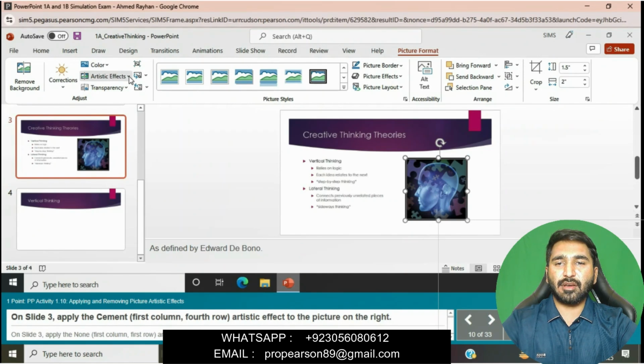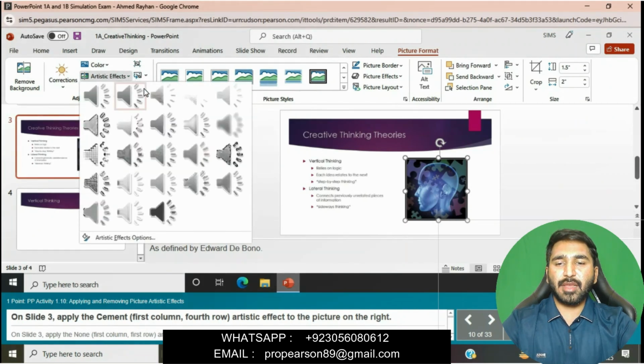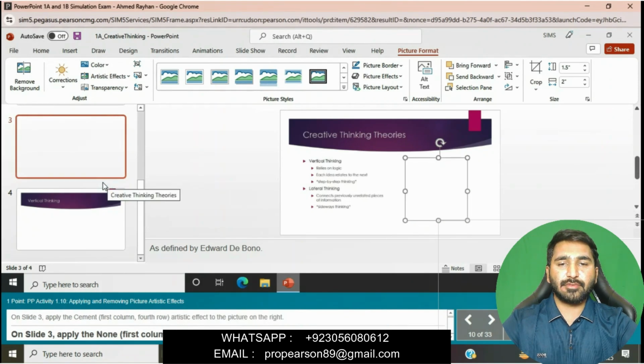You can see artistic effects in the adjust group. Click on artistic effects and then apply. Okay, here is the cement effect on the picture. We will apply this effect on the picture.